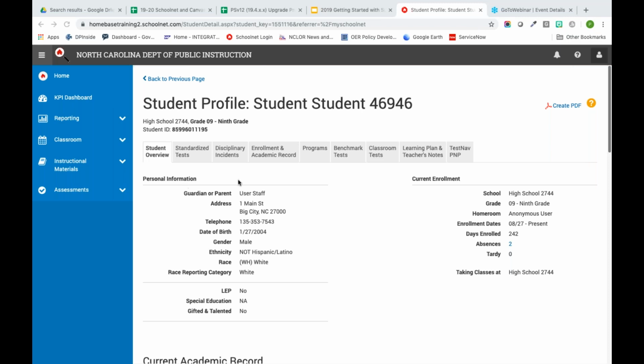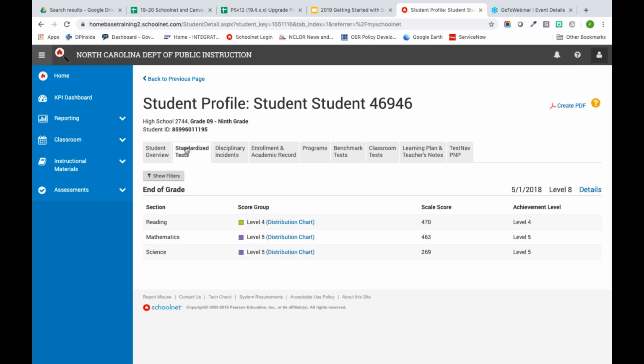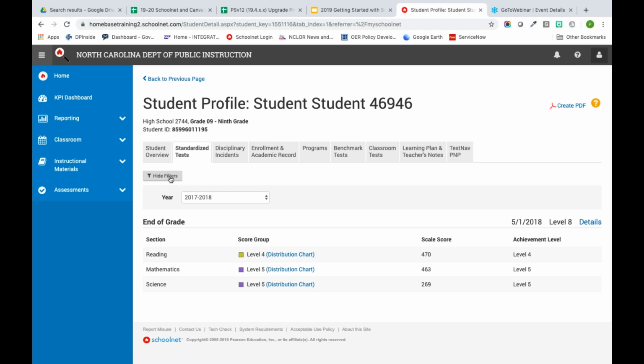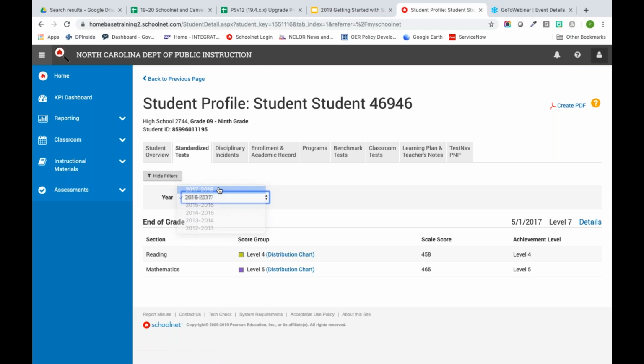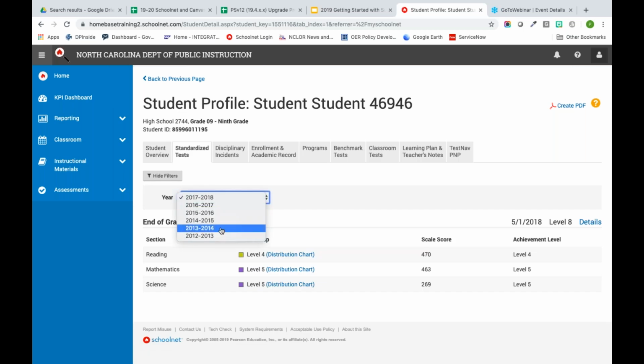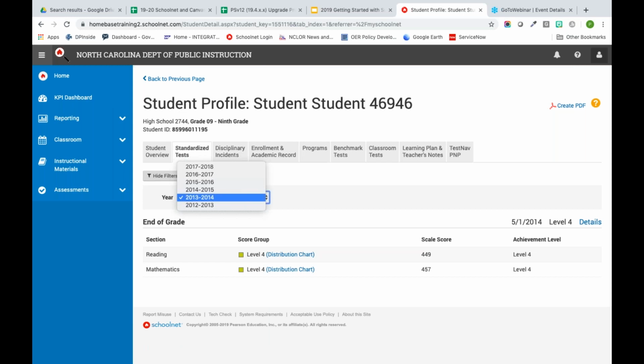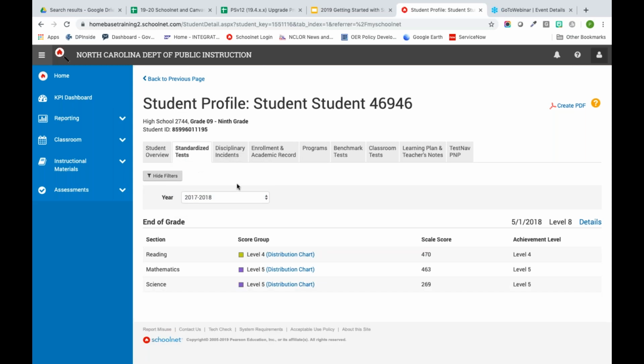All right, so once I've looked at their overview, I can also go in and look at standardized tests. And there's this nifty little show filters button that I was having a senior moment earlier and forgot about. It allows you to pull down prior year's information. So you can click and look at standardized test scores going back different years in the student's history. Right, so I can see this particular student, on their last year's, they're in 9th grade, so last year's scores would be for 8th grade. So what their 8th grade reading, math, and science